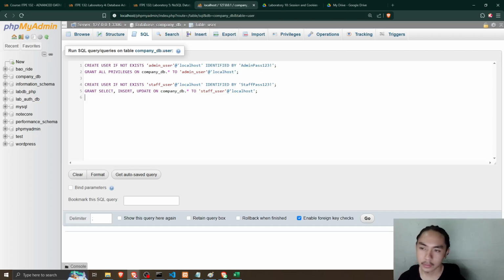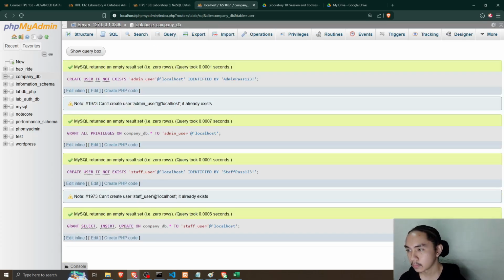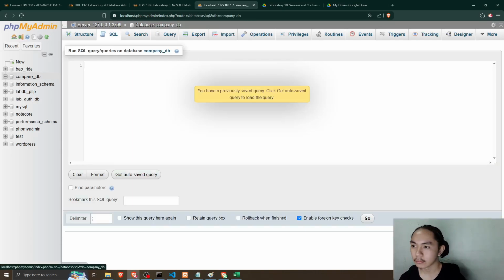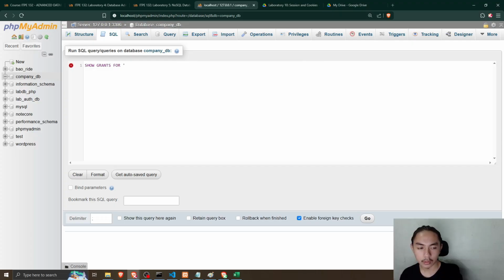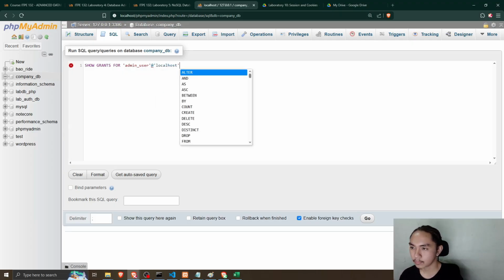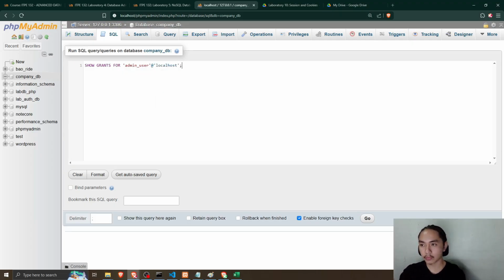So let's run this. So we have run it already, and let's verify the privileges by running show grants for admin user at localhost, since that is our host name.